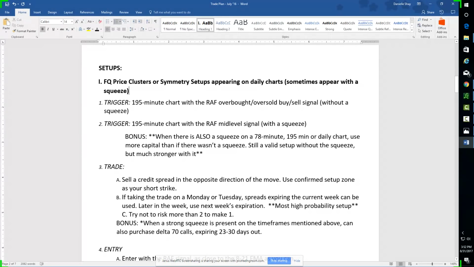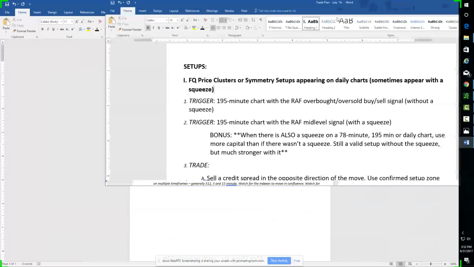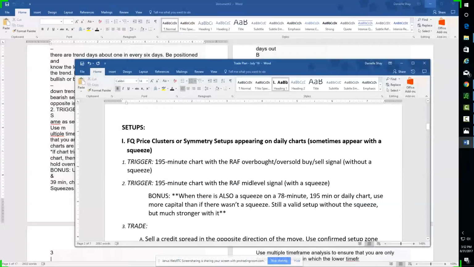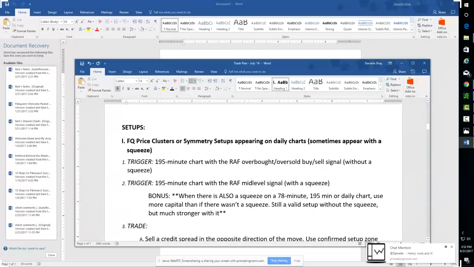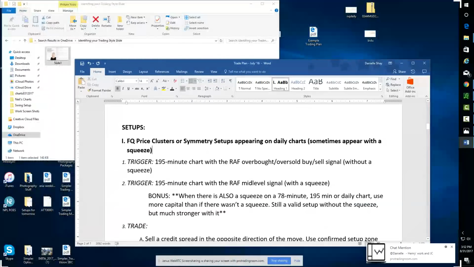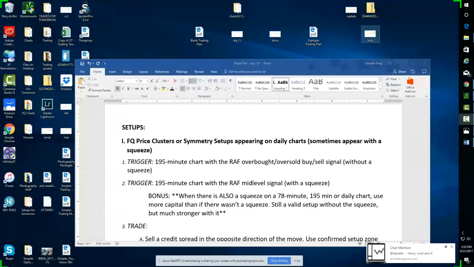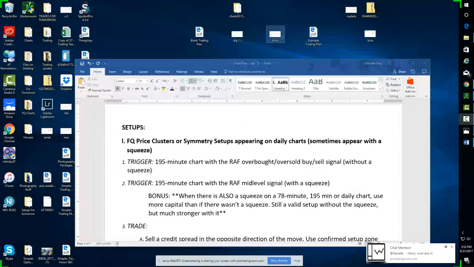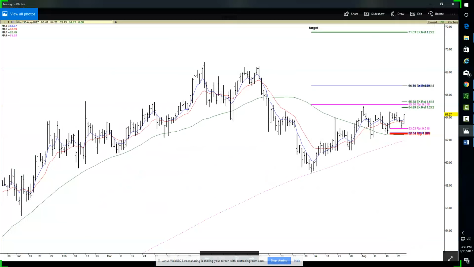How many of you guys follow Carolyn's work? Or Henry? Both? Yeah. So do you guys know what I'm talking about when I say I'm looking for a fib setup? I could probably put some examples in here. That's a good one, but this is one that I actually took, so I'll use this one as an example.